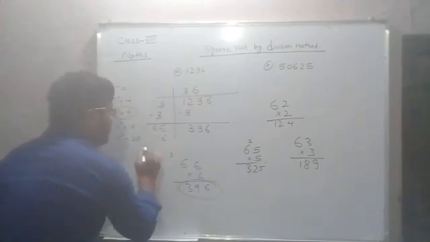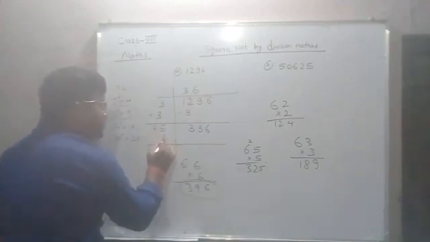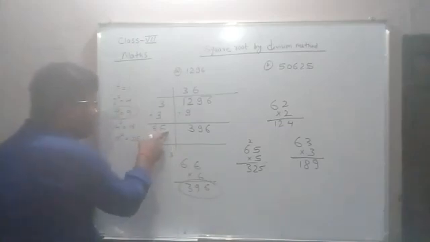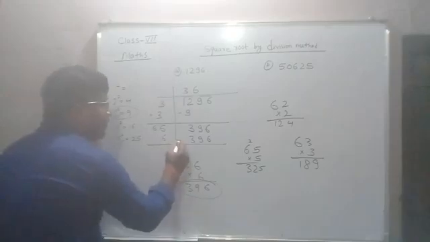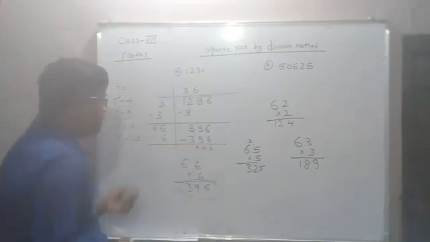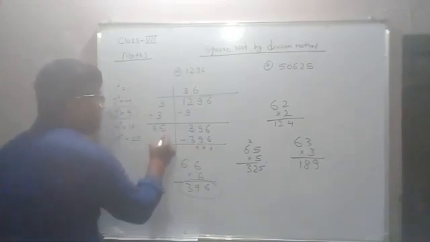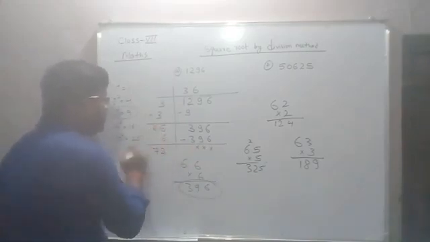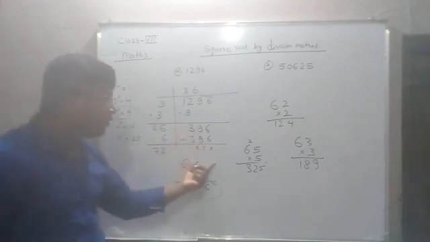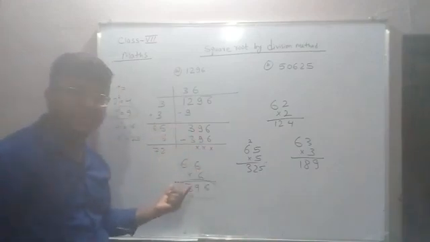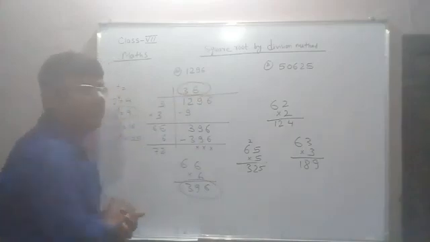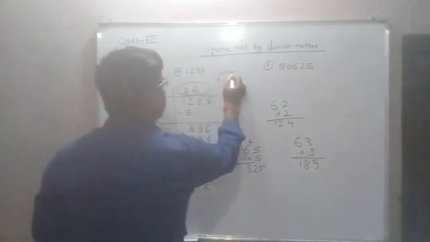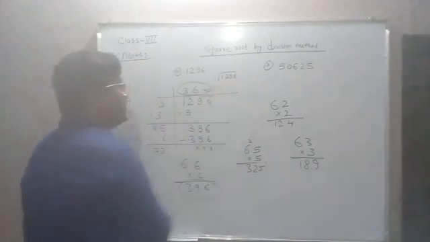And here also we need to write 6. So now 66 into 6, this we have to multiply. We need to multiply this and write here. Okay, 66 into 6 is 396. And we need to subtract here, and it will all be cancelled. So what will come here? 6 plus 6, 12, carry 1, 72. Okay, if there were more numbers, we would continue the process in a similar manner. But here there is no remainder left, so our answer is 36. So the square root of 1296 is 36.